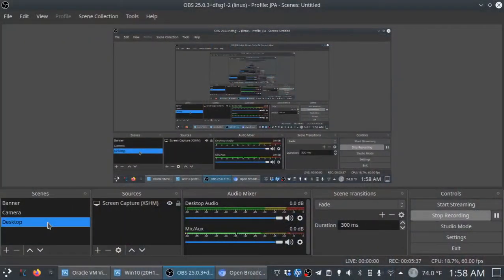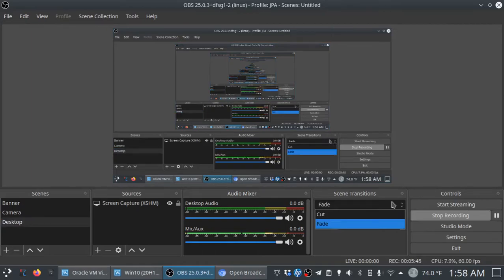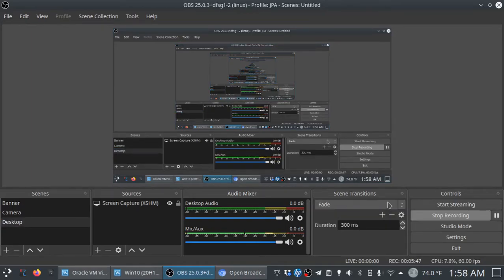Okay. The camera, again, I'm using my USB camera. It should be pretty straightforward out of the box. And then finally with desktop, you map out what you want captured. In this case, it's my entire screen. You can also see how you can set the transitions. So feel free to play around with that. Finally, let me dive into settings real quick,